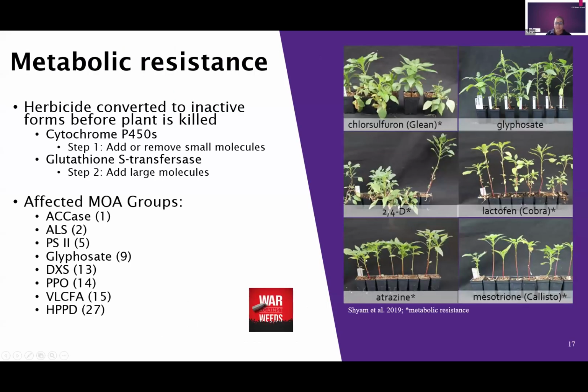The thing that makes this population particularly troublesome is that 5 of those 6 herbicide modes of action were the result of metabolic resistance. So basically that means that enzymes in the plant are acting too fast to break down the herbicide. And because the herbicide is being broken down so quickly, it doesn't have time to effectively kill the plant. Metabolic resistance is harder to identify because it takes a longer time to develop. It's more of a gradual